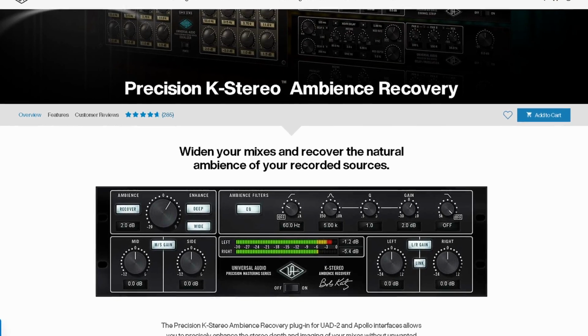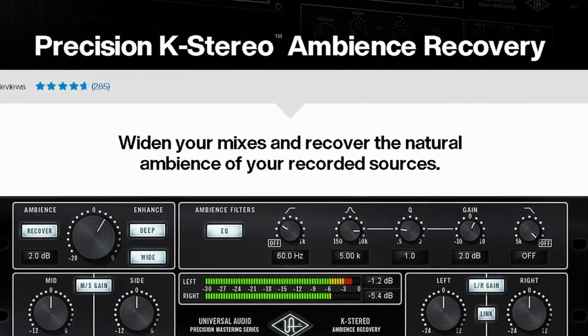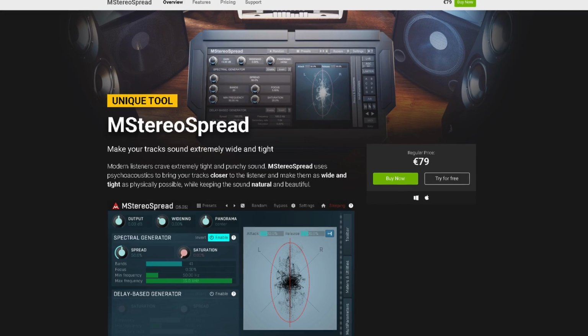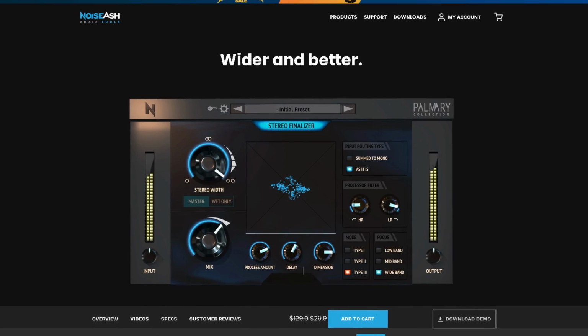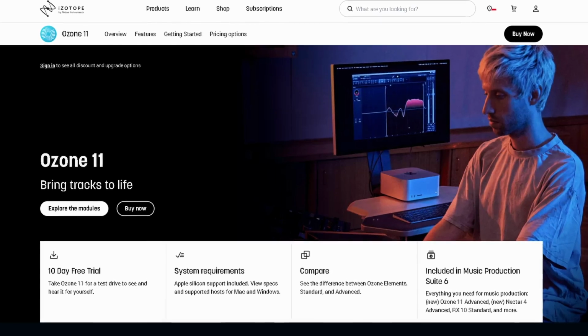Stereo imaging or stereo widening of your mono sources. This is what I would like to talk about today, because yes, I do have my favorite tool to stereoize things. It's K-Stereo by Universal Audio, but it made me actually think, let's compare K-Stereo to some other stereo makers to choose which one is the best, because there is a variety of products from this category on the market,